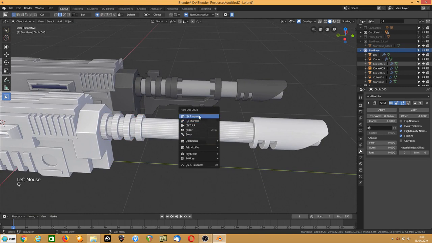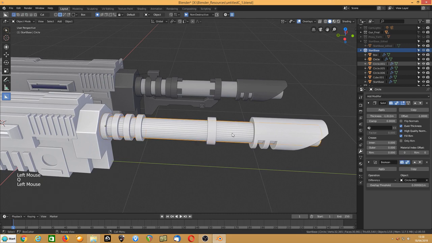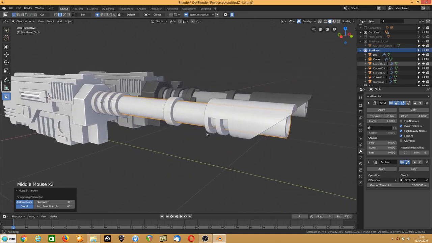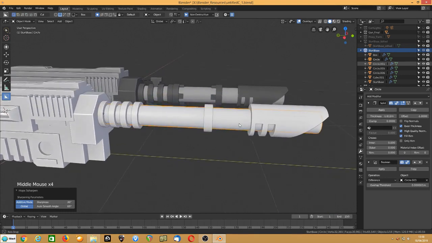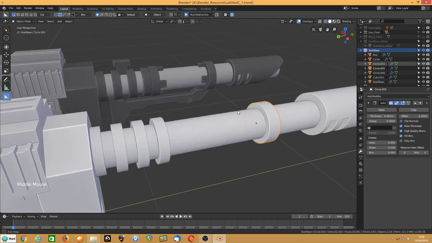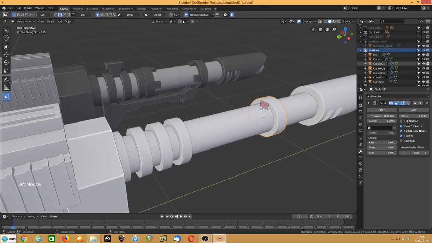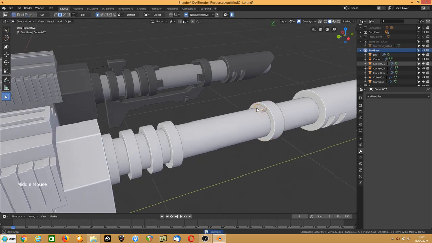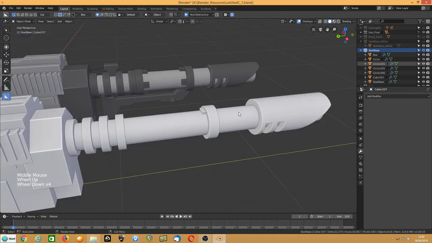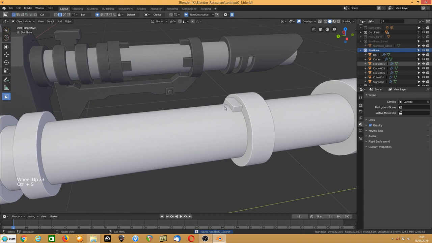So Q. Sharpen. Don't C sharpen because it'll apply the booleans, which depending on your shading you may want, you may not. I mean, sometimes the cuts on here, the shading comes out beautifully, which it happens to have done this time. Last time I tried this, the shading on this was abysmal. So now this one, I do actually want to apply this solidify because I'm going to be adding bits to it. Thus. And if I hide that, you can see that it hasn't actually added that. And if I save it before I show you what I mean, if I take this and I apply that solidifier,